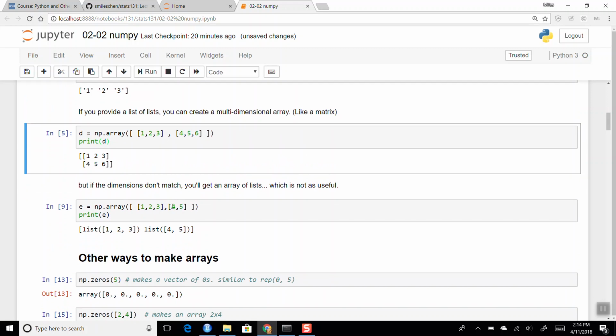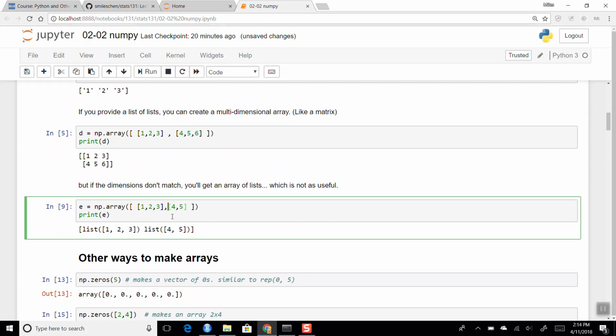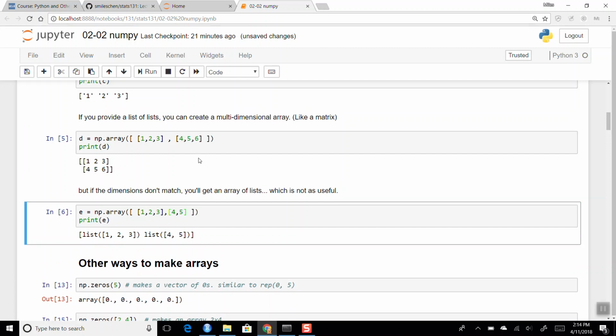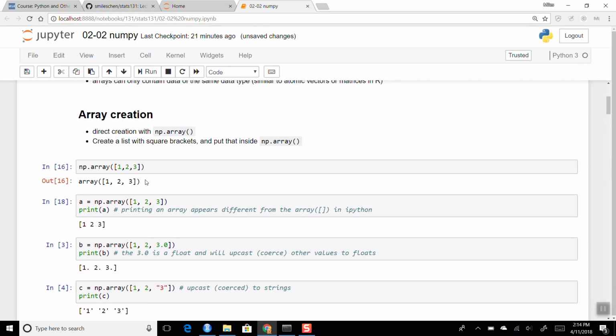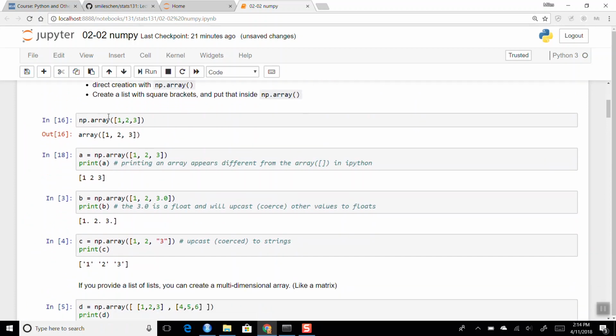But if the list that you give it, the dimensions don't match, then you'll get an array of lists, which is not as useful for us. It doesn't try to fill in values or anything like that. So this is your basic way of creating an array, by feeding it into